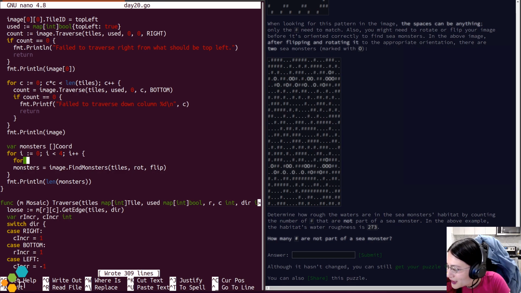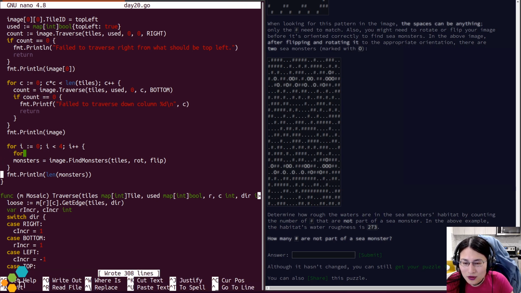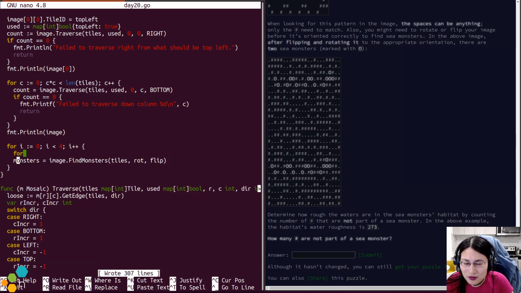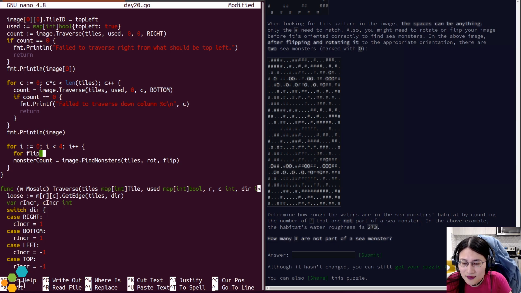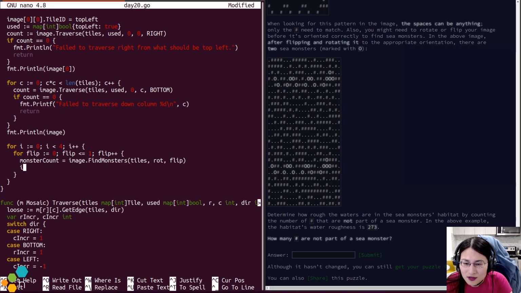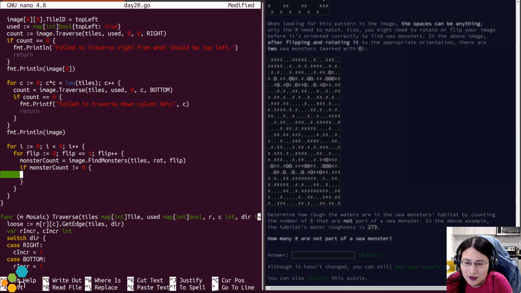Let's assume that. So okay. So in that case, I don't even need to know where the monsters are. I just need to know the monster count. Monster count is not equal 0, then break outer.